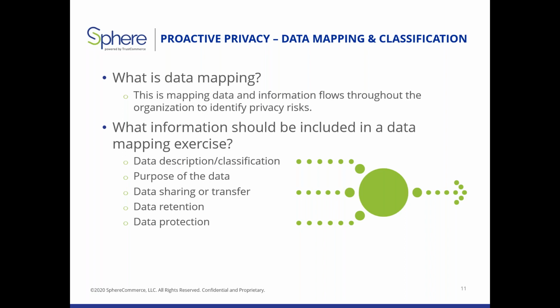Those are the types of things that we suggest for data mapping, really understanding the data that you have, because you cannot protect things that you don't know that you've got. And it's not uncommon to hear of breaches where people go, gosh, I didn't even know we had that data. So this is an important step, number one, for both data security and data privacy issues.